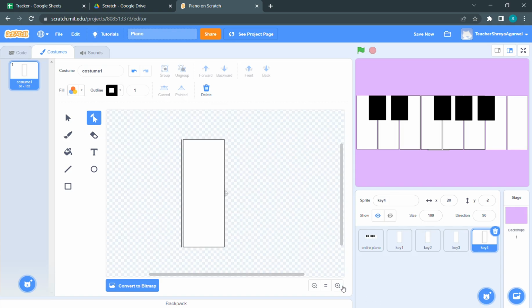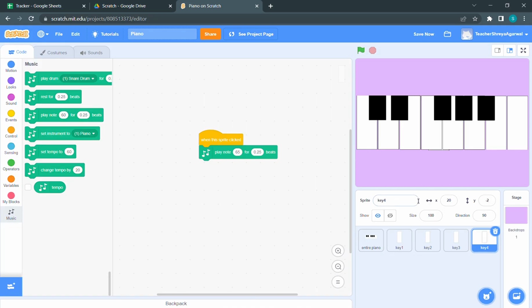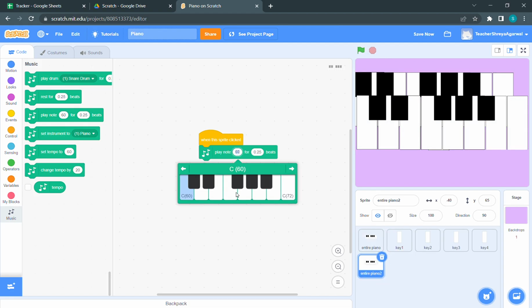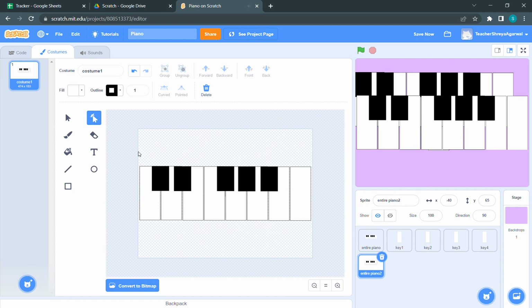Okay, I'm just gonna zoom in a little because there's this gray. Alright, so this is my key 4, done with it too. Duplicating the entire piano one more time. I'm selecting the key 5 sound, which is key 67, going to the costumes. I'm gonna be deleting